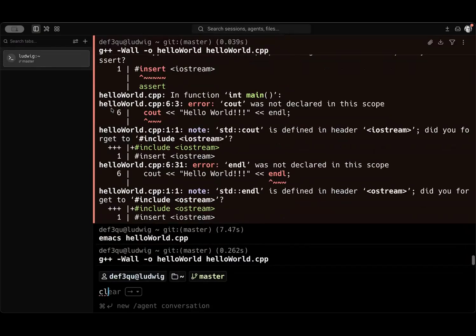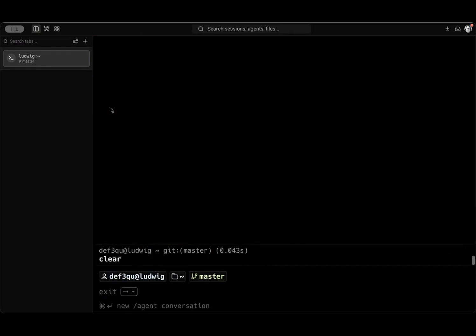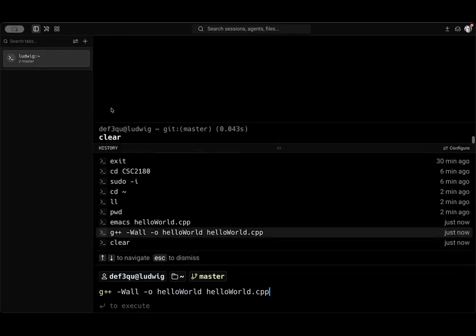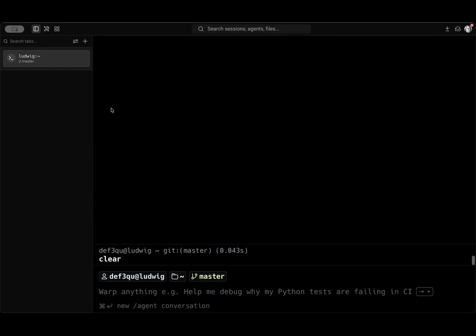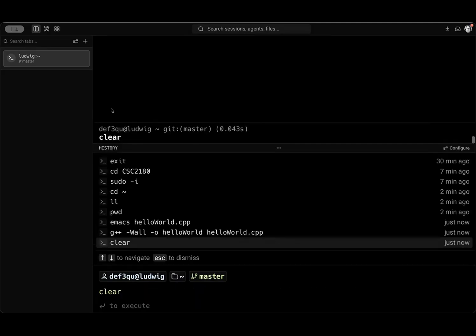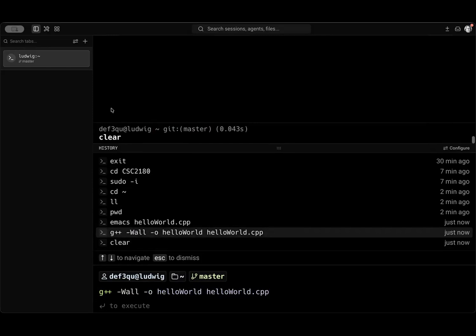Okay. So let's try that again just so we see what happened. The word clear clears everything. I do the G++ line. Again, I'm using a program called Warp, which is available for Mac and Windows. It's a really fully featured terminal emulator. It's free. You should download it if you're interested. If not, anything should work. But if I hit the up arrow, it keeps your history, so you don't type it in again.